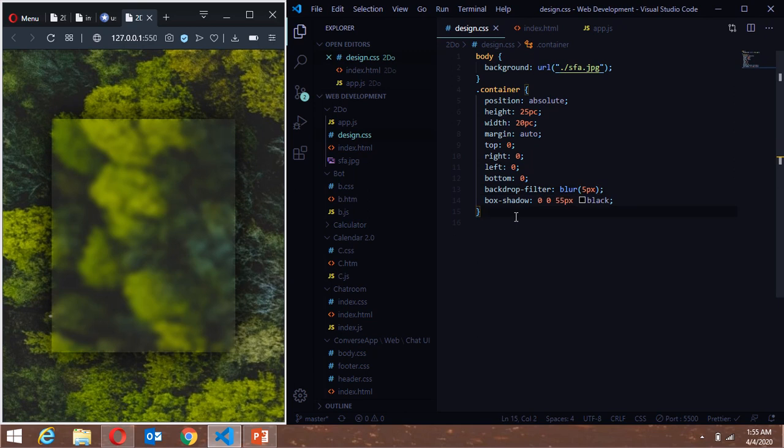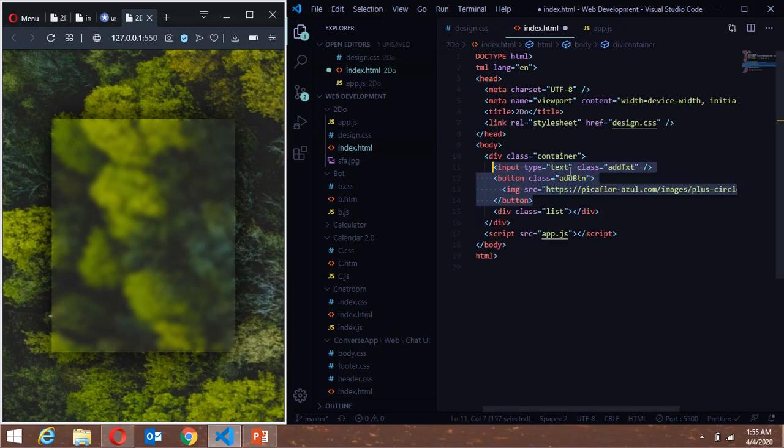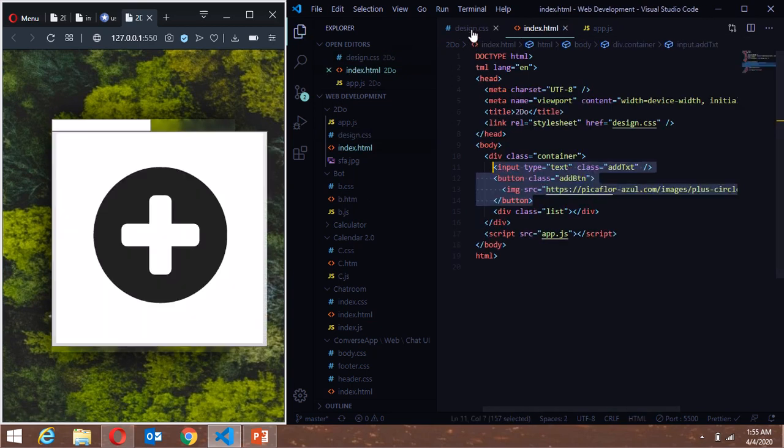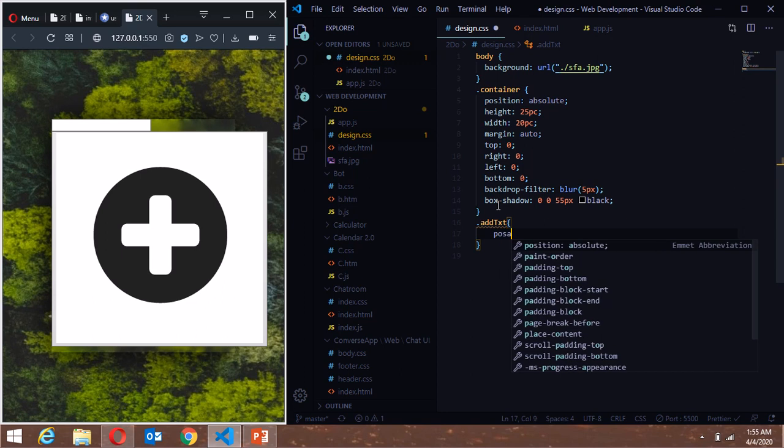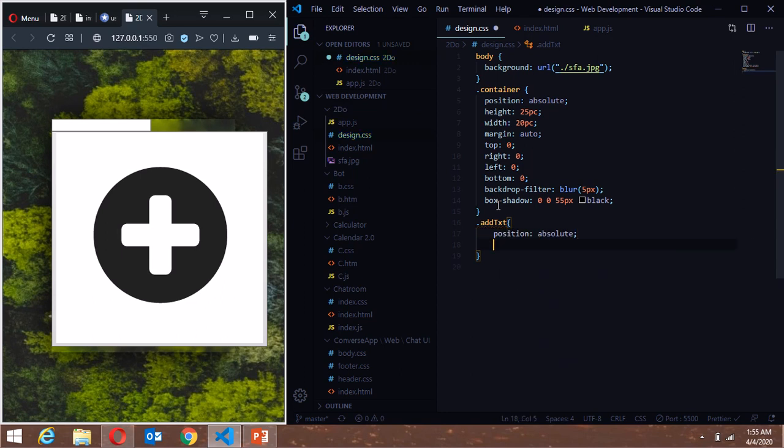The next thing that I'm gonna do is designing the .add text. So I'm gonna bring them back over here, save this, and there we go, we have it over here. So .add text, that is add text. I'm gonna again make its position as absolute, and the height would be again 5px, and then the width would be